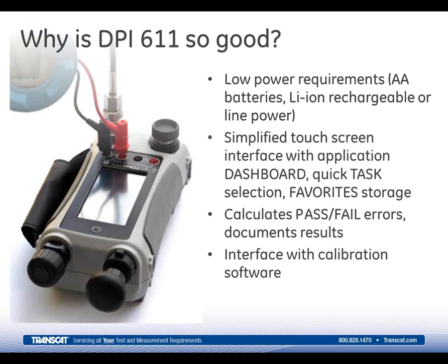Because of its low power requirements, the 611 will operate with either AA batteries, lithium-ion rechargeables, or on line power. Using the rechargeables, you're going to get about 10 to 12 hours off of one charge, and that's when you're sourcing voltage for loop power and using the electrical functionality. And that gets you more than enough time to do all the testing required off of one charge